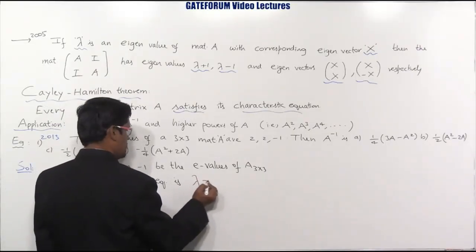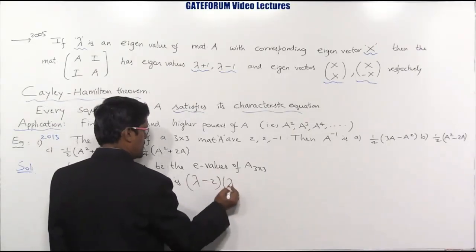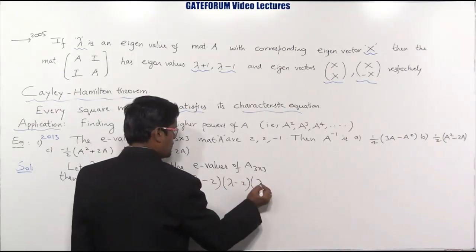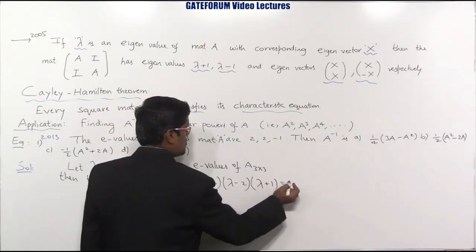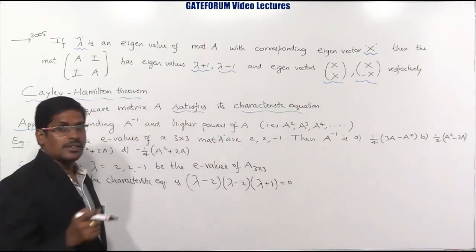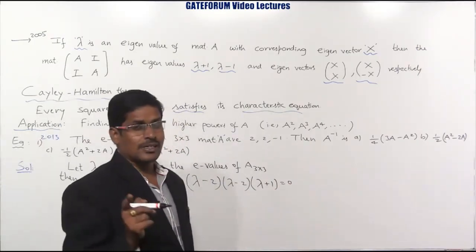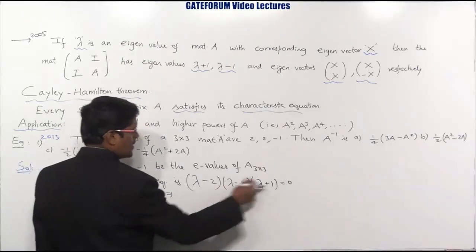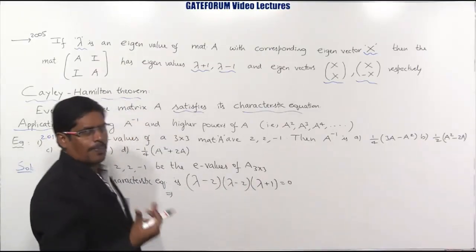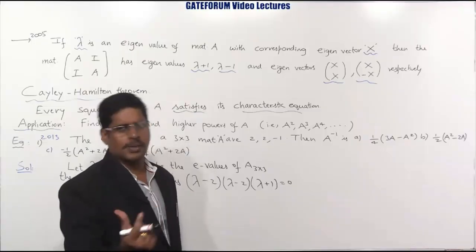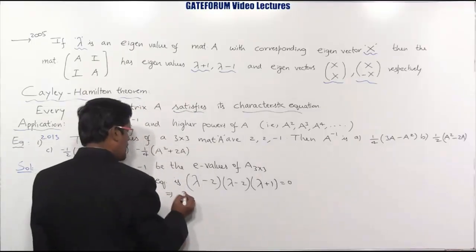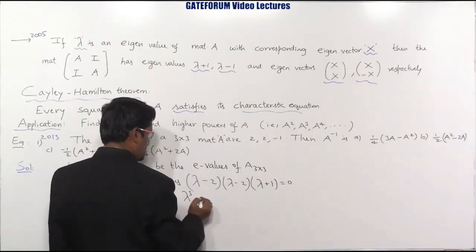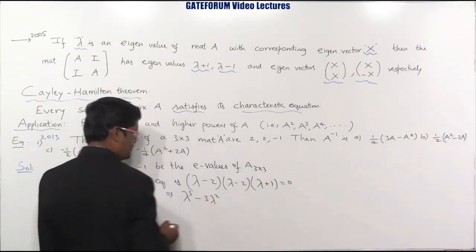Lambda minus 2 into lambda minus 2 into lambda plus 1. This is just the basic method, from 8th, 9th class, the chapter on polynomials, factors, roots, equations. So you know how to multiply the first 2 and then with the third, or you can apply theory of equations from 11th class, direct multiplication also. Okay, lambda cube minus 3 lambda square